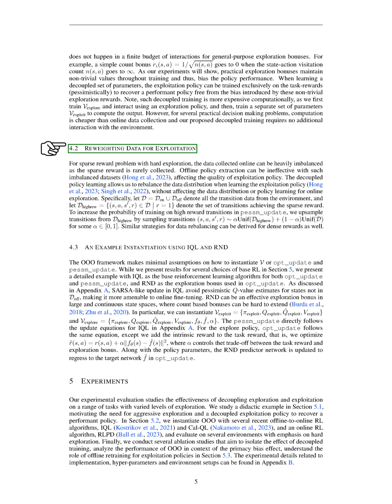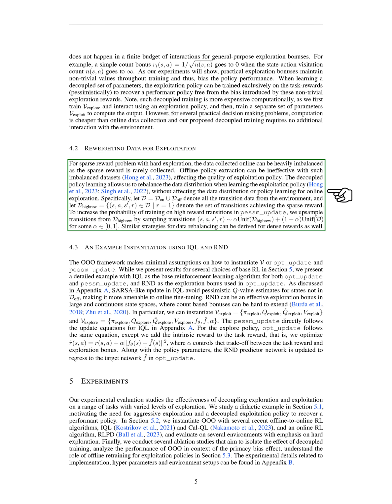Section 4.2 Reweighting data for exploitation. In this section, we'll discuss how we can adjust the data we use for training to improve the effectiveness of our exploitation policy, particularly in situations where rewards are sparse and hard to come by. When we're gathering data online, it can often be heavily skewed because sparse rewards are rarely collected. This imbalance can make it difficult to extract a useful policy offline, which can negatively impact the quality of our exploitation policy.